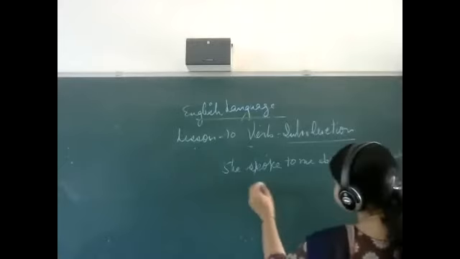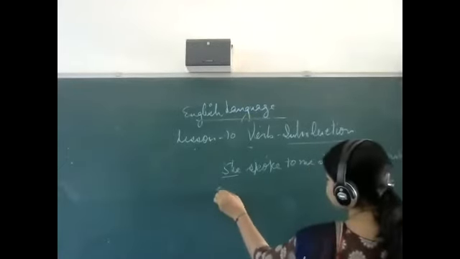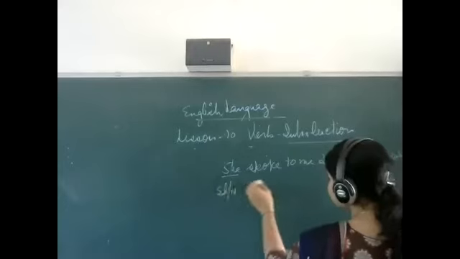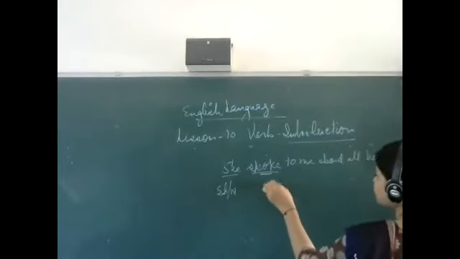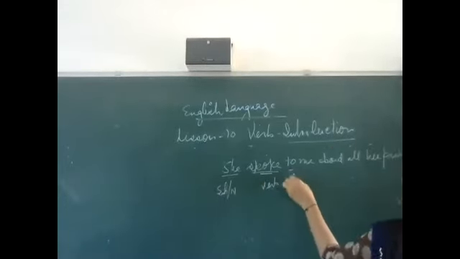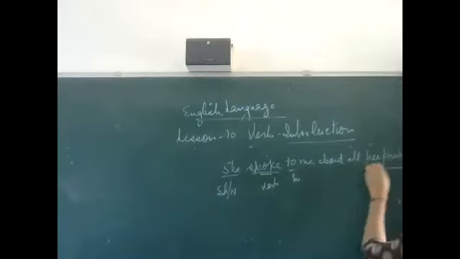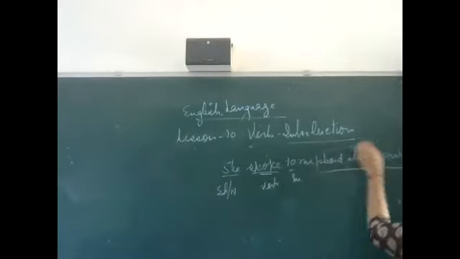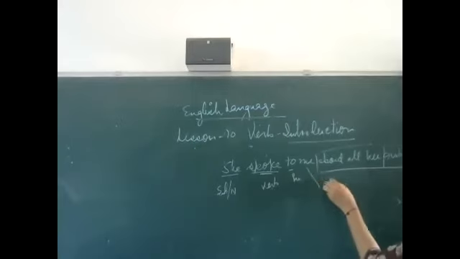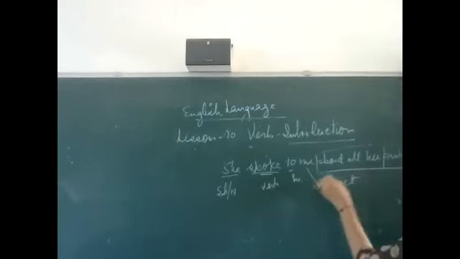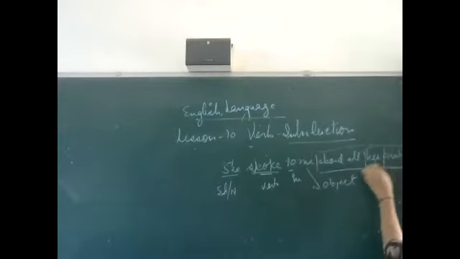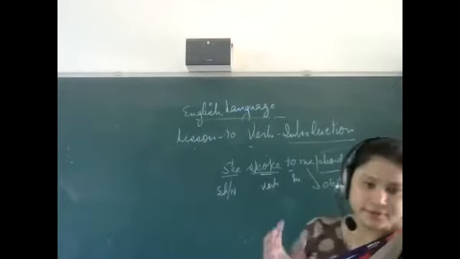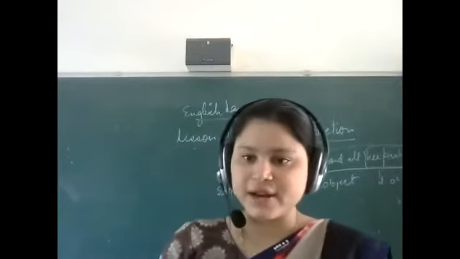Here in the sentence, she is the subject and also a noun. This is the verb. This is the preposition, and that is the predicate. This is the object, direct or indirect object, and here her problem is the direct object. If you're going to break this sentence like that, we will have